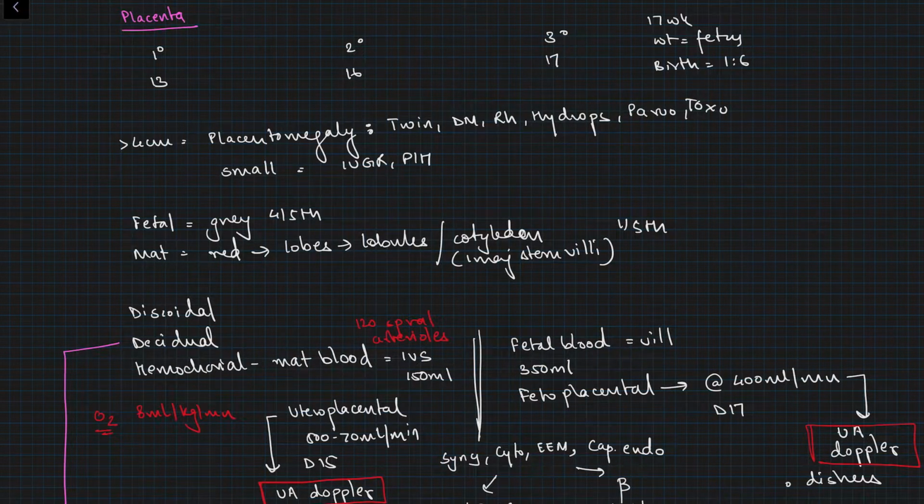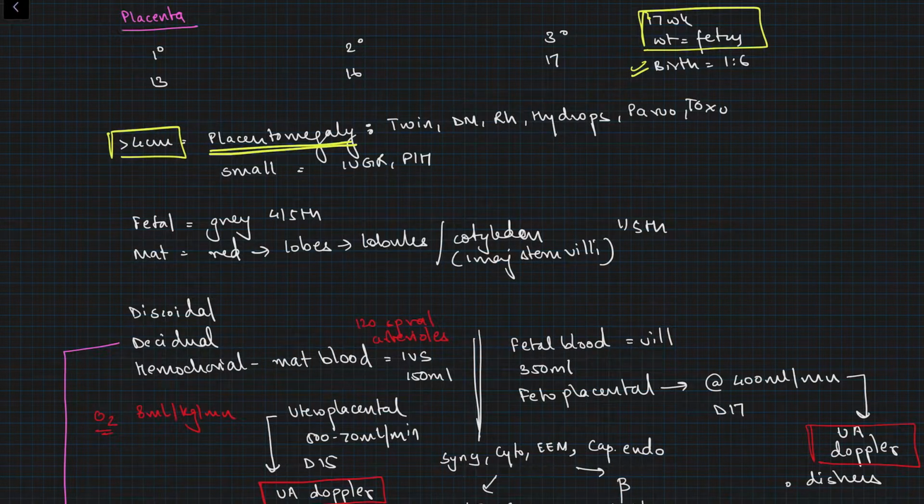with placenta. Okay. So the placenta is formed by the cytotrophoblast, and first there is formation of the primary villi, which is at 13 weeks, secondary villi at 16 weeks, and tertiary villi at 17 weeks. Remember, at 17 weeks the weight of placenta equals the weight of the fetus, while at birth this ratio drops down to 1:6, right? If the placenta measures more than 4 centimeters, it is called placentomegaly, which is seen with twin pregnancy, diabetes mellitus, Rh negative pregnancy or hydrops. That is also associated with parvovirus, right?